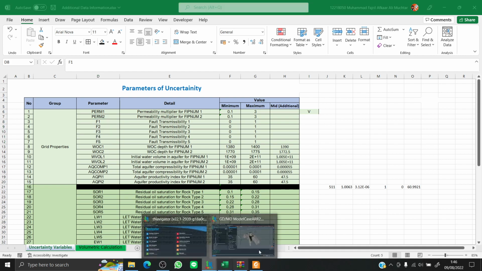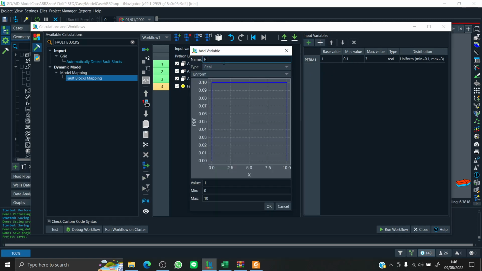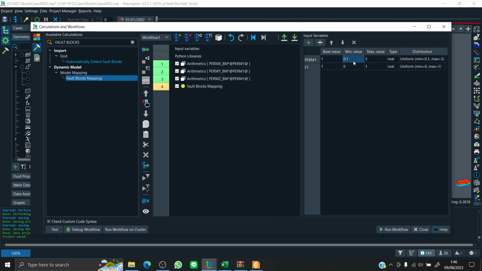So I'm just gonna make a new variable in the input variables, F1 to F5. So F1 will be ranging from 0 to 1 with the base value of 1. So I think that's how you do it. Okay, the minimum value is 0 and the maximum is 1. Can you duplicate?